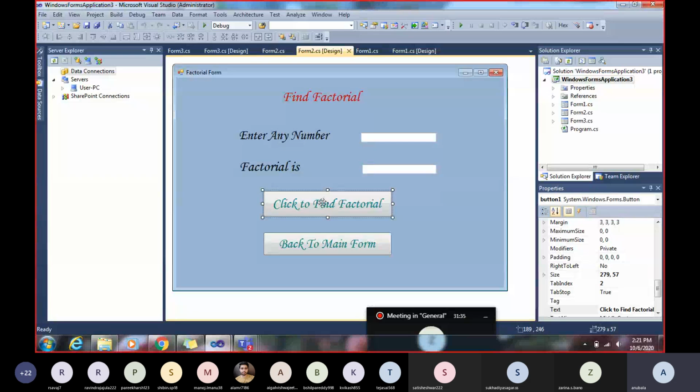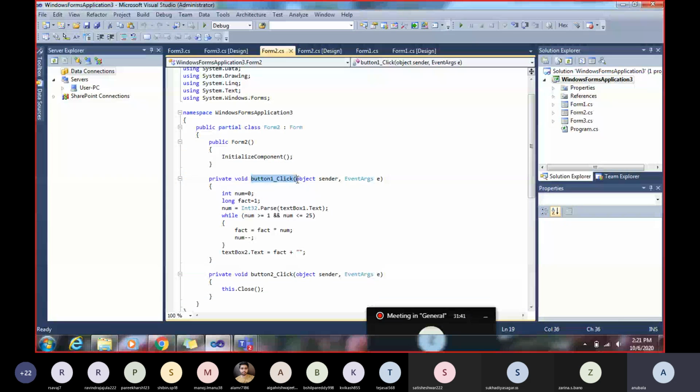So in form 2 our first button is click to find factorial, and the second button is back to main. Inside that, the code is here to find a factorial. You all are familiar with this. First I will take one num variable,